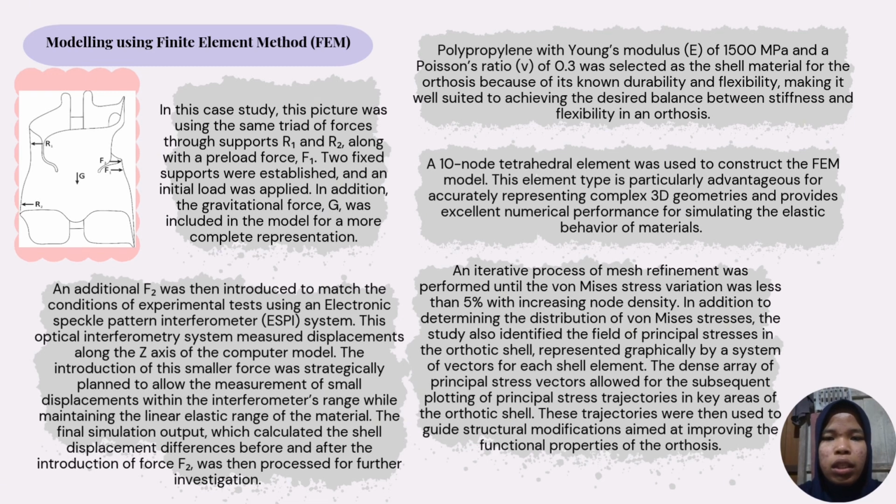In addition to determining the distribution of von Mises stresses, the study also identified the field of principal stresses in the orthotic shell, represented graphically by a system of vectors for each shell element. The dense array of principal stress vectors allowed for the subsequent plotting of principal stress trajectories in key areas of the orthotic shell. These trajectories were then used to guide structural modifications aimed at improving the functional properties of the